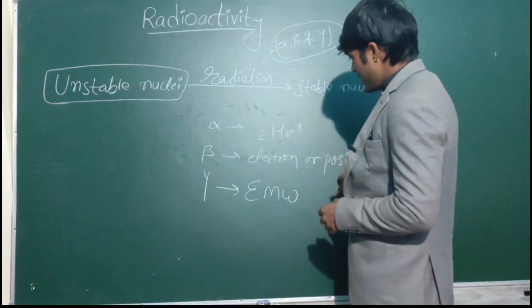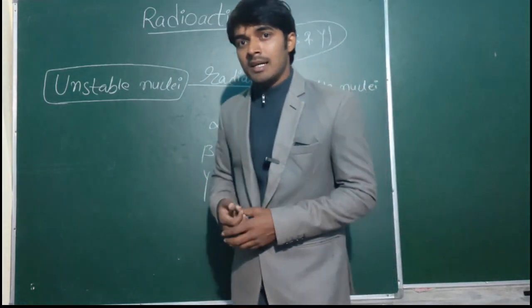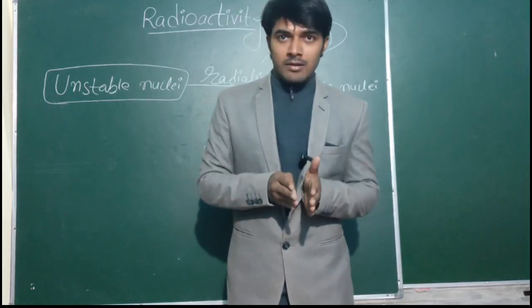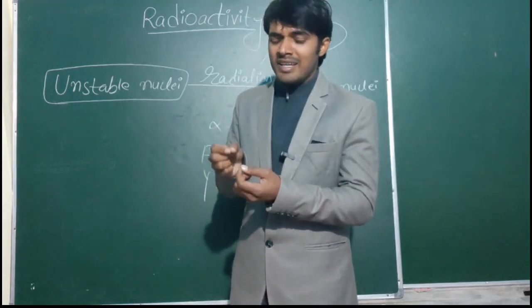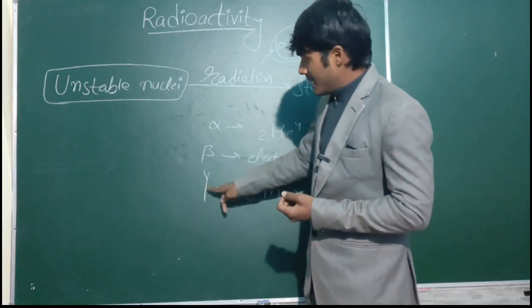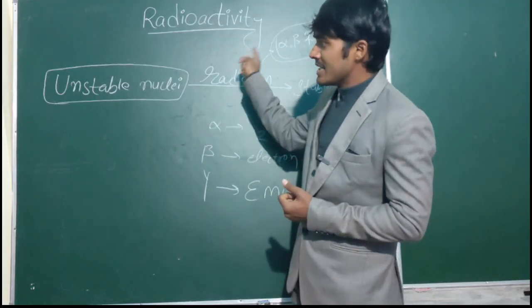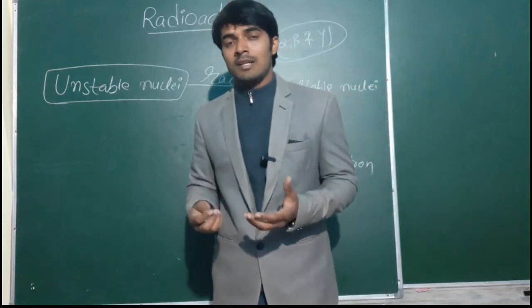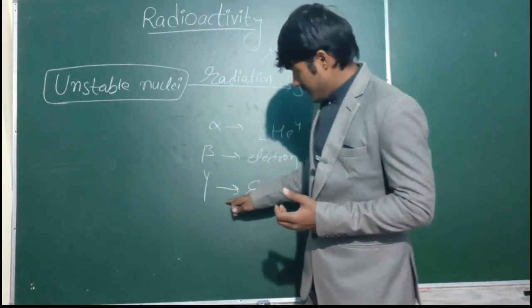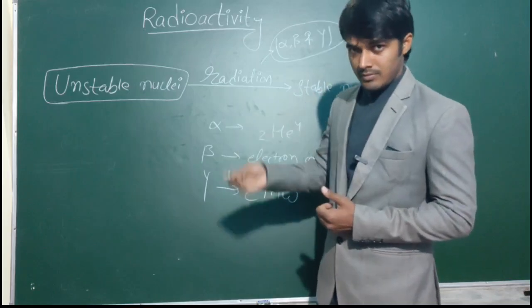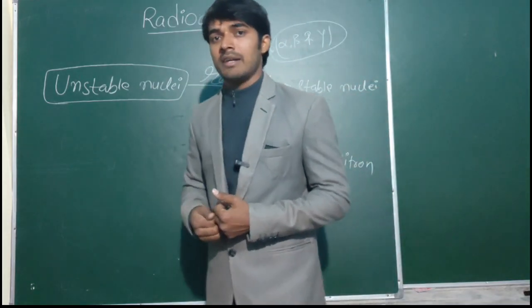So the electron has penetrating power too, to a greater extent, so that it can penetrate a few sheets of metal, a few aluminum foils we can say, very thin, but very few sheets of metal can also be penetrated by this beta particle. Another form of radiation emitted by the unstable nucleus is gamma. That is nothing but an electromagnetic wave, and it has the maximum penetrating power among all the radiation emitted by the unstable radioactive nucleus.